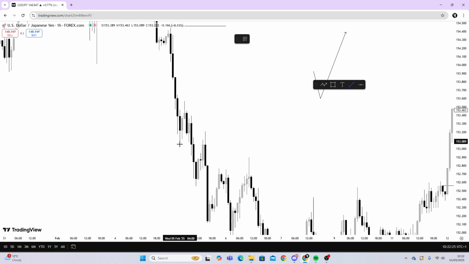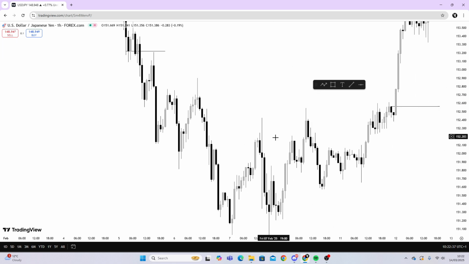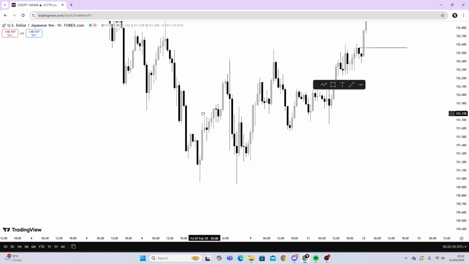So where do we mark it out? Do we mark it out at this bottom wick? No, we don't, because it's not overlapping with a fair value gap. So when it's not overlapping with a fair value gap, we mark it out at the bottom of the body. It's that simple. So let's try and find